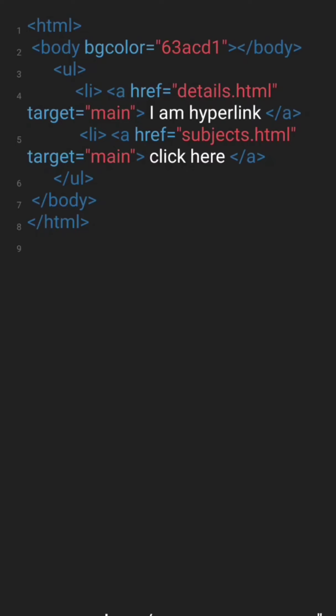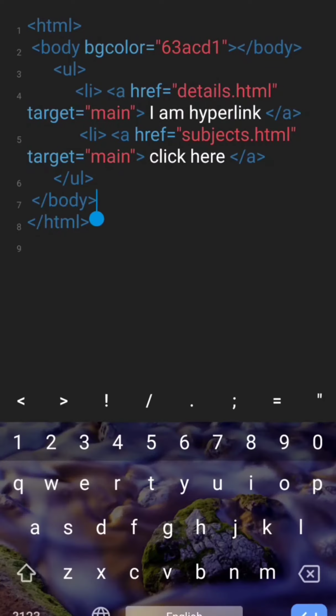When you click over that, this details.html file will open. Now in the second item I have taken a different value of href, that is subjects.html, and the caption here is "click here". This is called hypertext. Now if I click here, this subjects.html file should open.